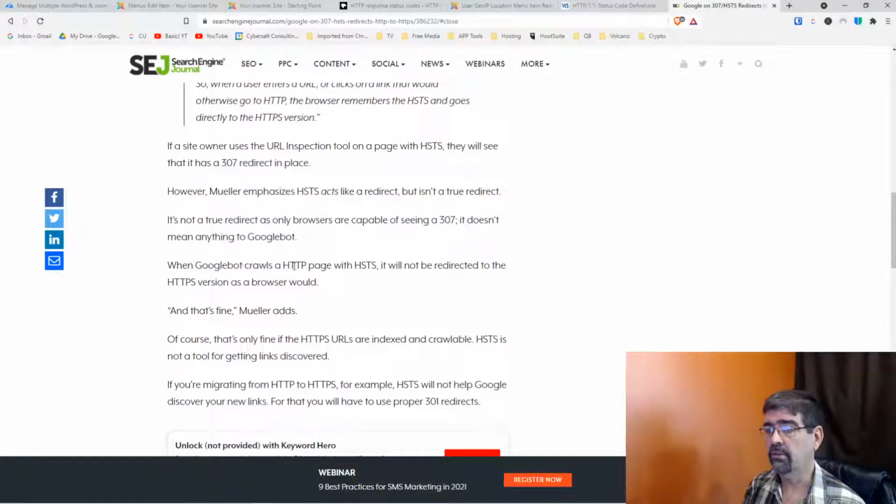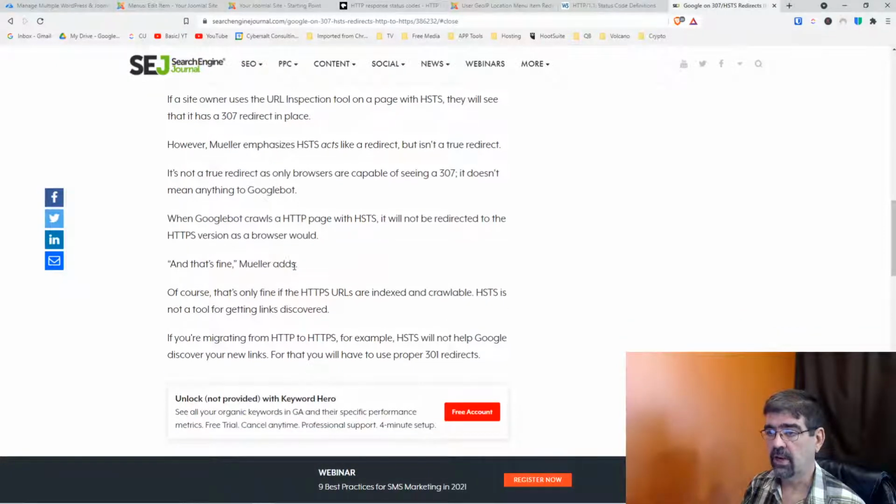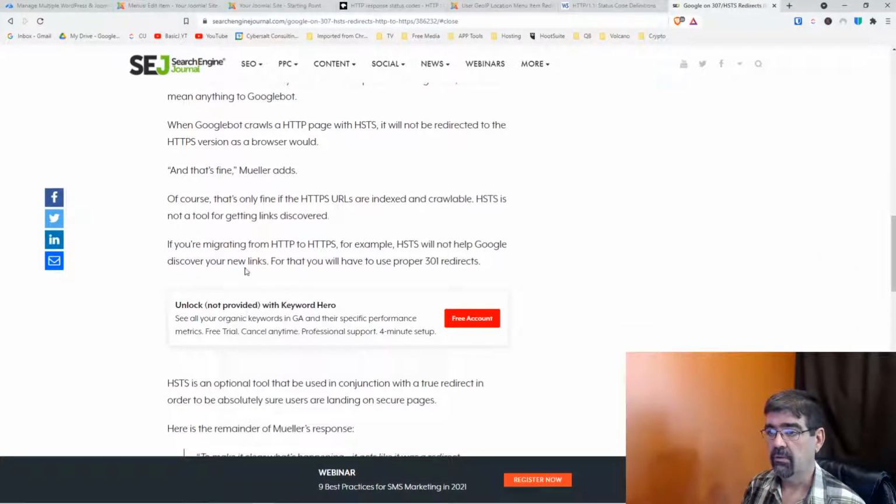When Googlebot crawls an HTTP page, it will not redirect to the HTTPS, and that's fine. Of course, that's only fine if the HTTPS URLs are indexed and crawlable. HSTS is not a tool for getting links discovered. If you're migrating to, okay, this has a lot to do with,